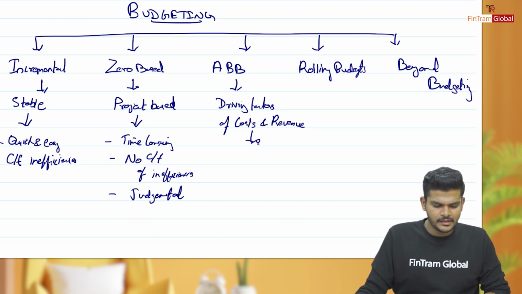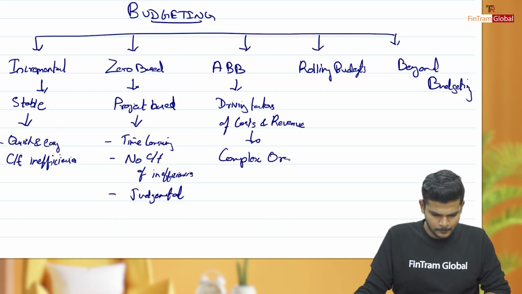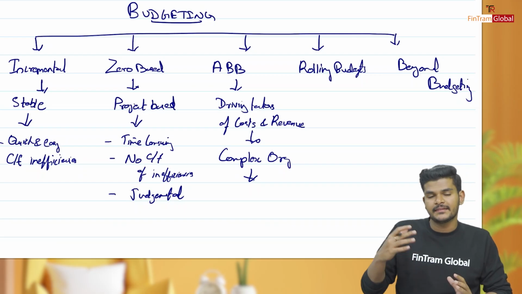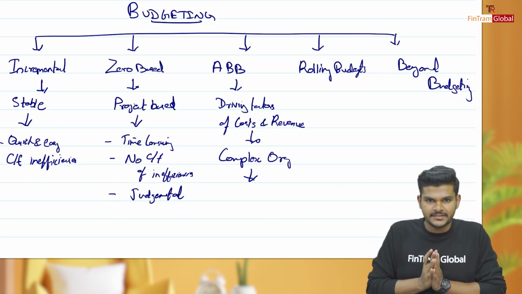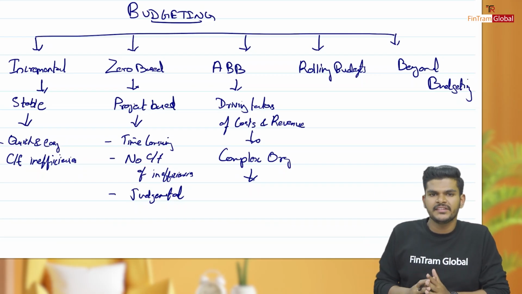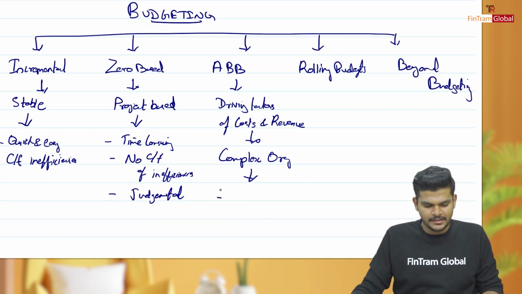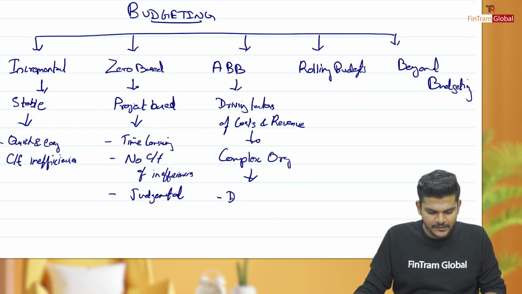Again, it's more suitable for complex organizations, right? And it has the same advantages and disadvantages as that of ABC costing. Okay, folks. So when it comes to ABC costing, what are the issues exactly? There is an issue, isn't it? Because it's kind of difficult to identify